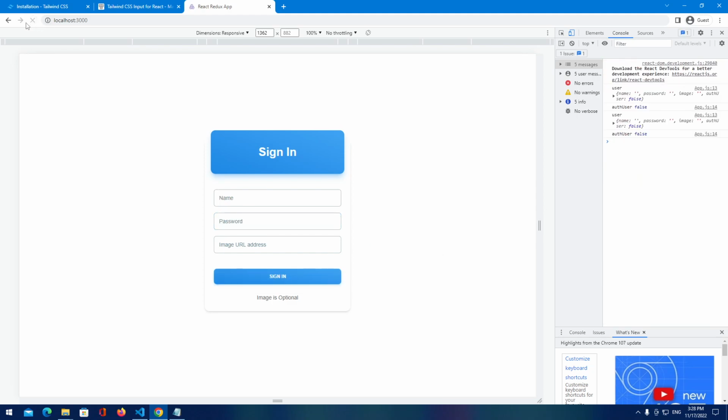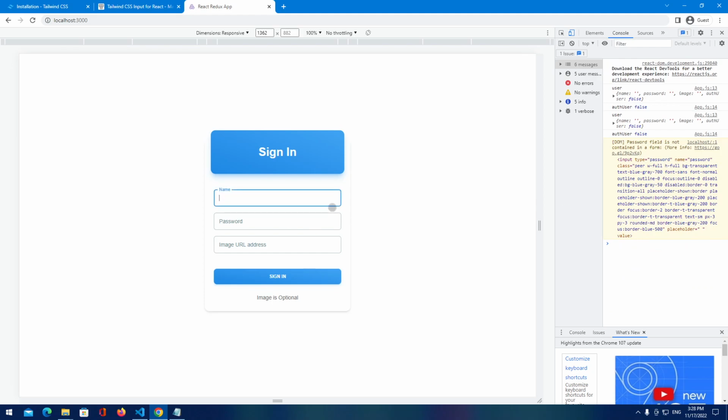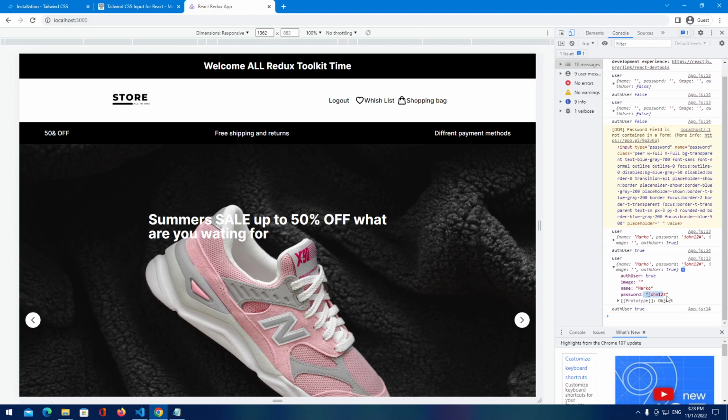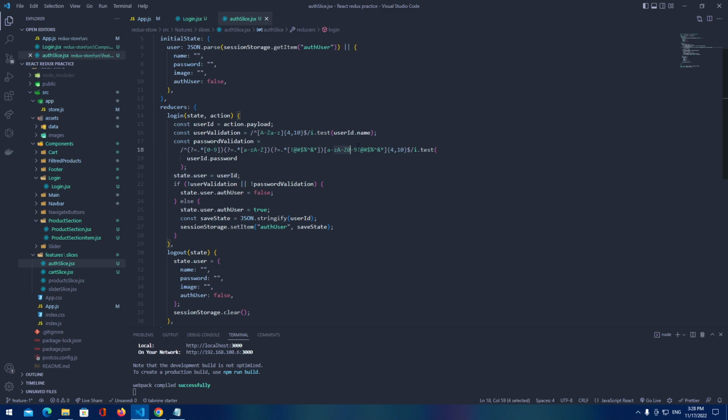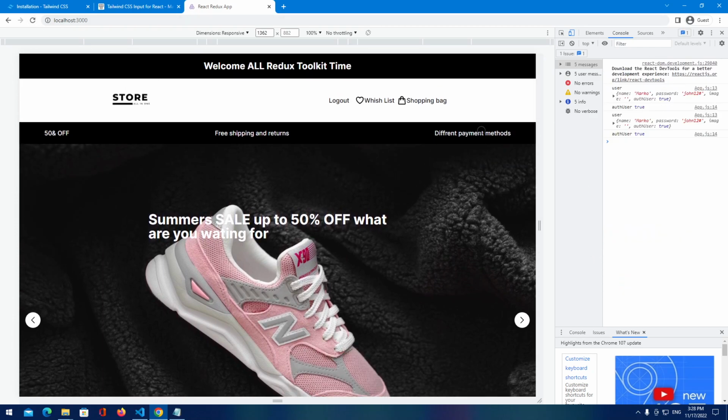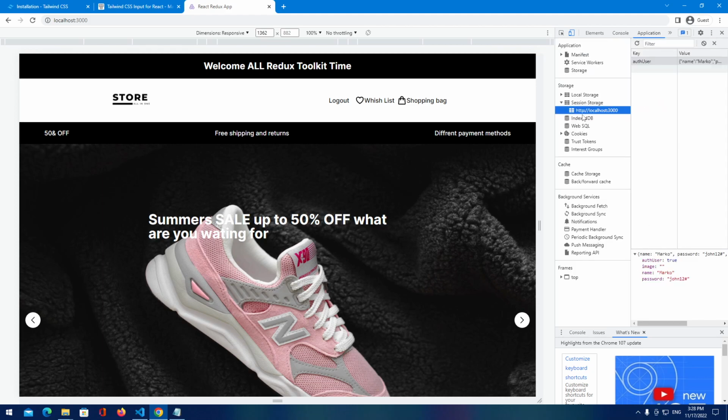Yeah, let's try to refresh it. We need to get in. And we are in. It's finally working. Maybe he's counting how many symbols we got or something. I don't know. You can take another regex. We are in. If we try to refresh, everything is okay because we are storing it to our session storage